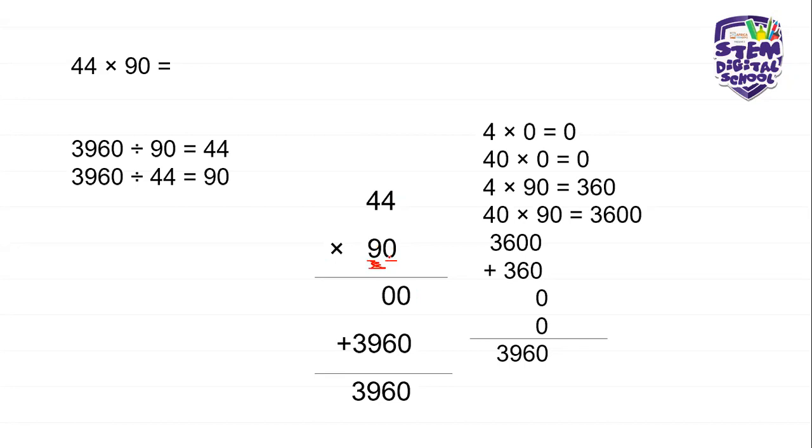So I say 0 multiplied by 4 is 0. Now this part here means that it is an entire 90. It's not just 9. We can't just look at it as 9. No, that is 90. So we need to place something right here. That's why I always tell you guys that this row is always for our units. This row here is always for our tens.